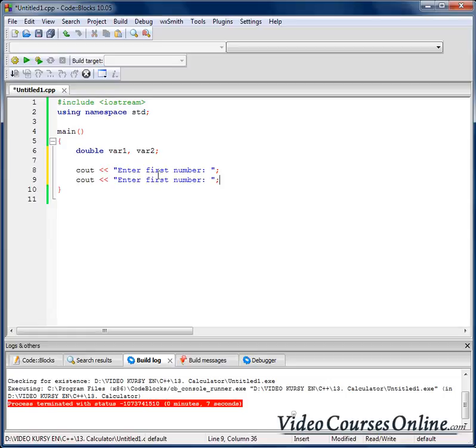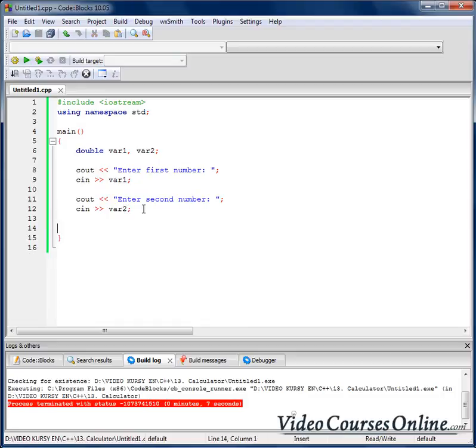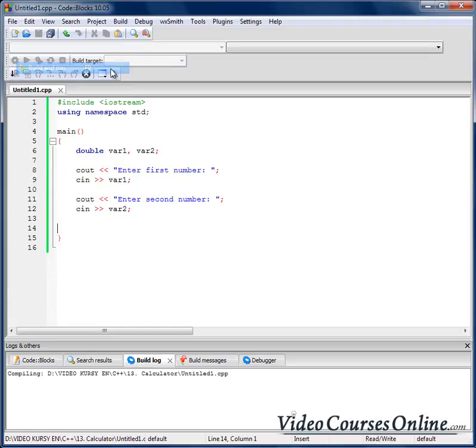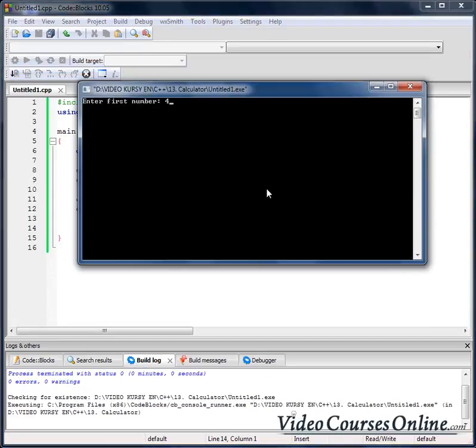Let's ask for the second number also, and let's take it from the input, like that. Now we can run it, and as you can see, we can type first and second number. Okay,